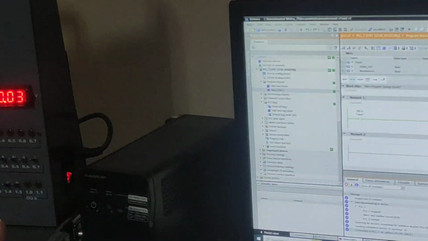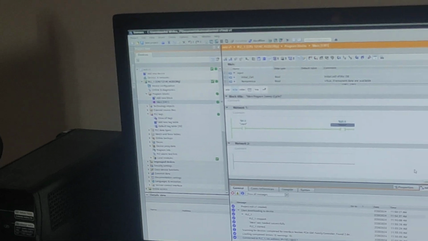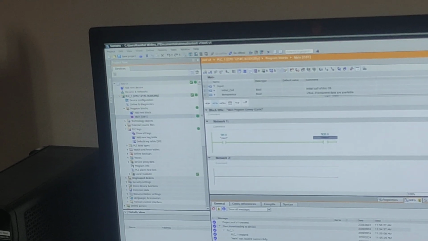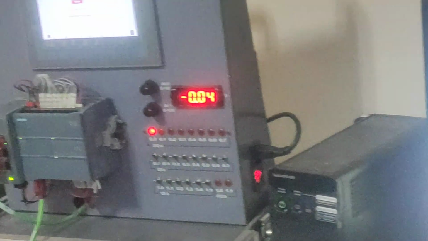So now, are you happy a little bit? Something. But there is so much we have to do. See, now the PLC is in run mode, run condition, it is showing green. If there is any problem, it will show error. Error means red. Maintenance means orange. Like that it will show. So now the PLC is in green color. It is working now. But